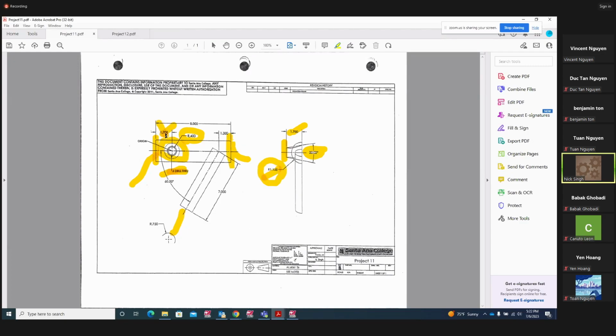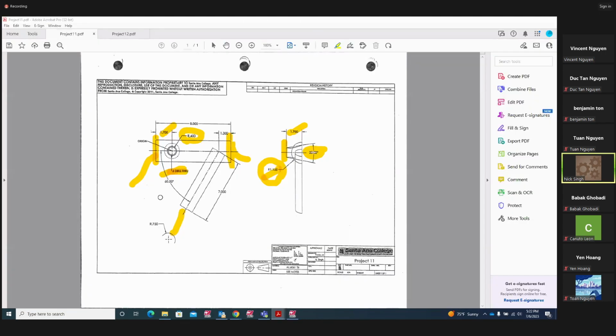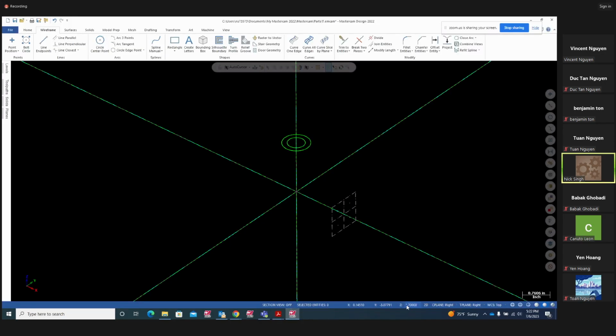So let's go Z minus 1.7 in construction plane right. Change this Z, and that Z was 1.7, Z minus, so I put here minus 1.7